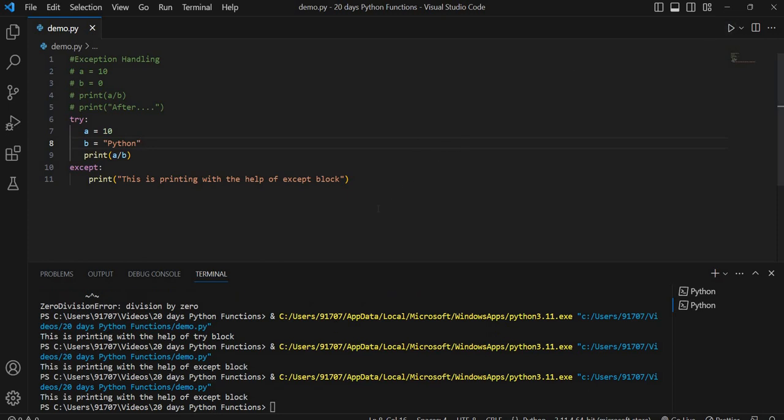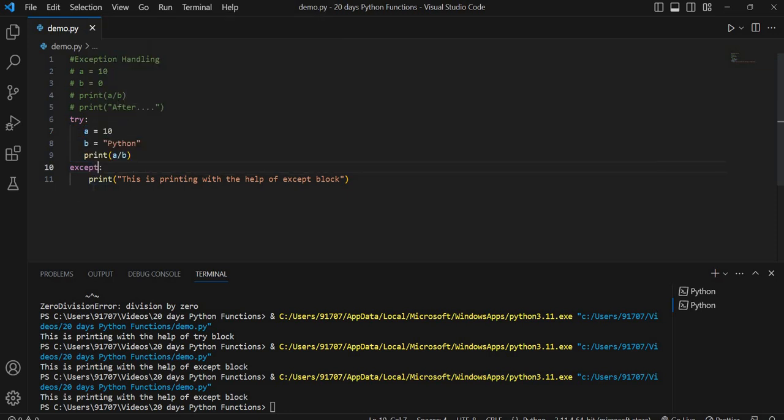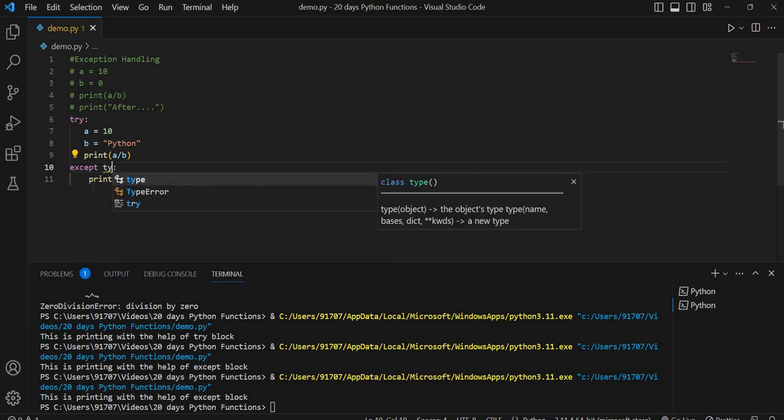So now this time when we execute the code, we'll see that it is because there is an error here that the except part is working. But there are some built-in exceptions also for handling different types of errors. So suppose for this type of error we can use the TypeError